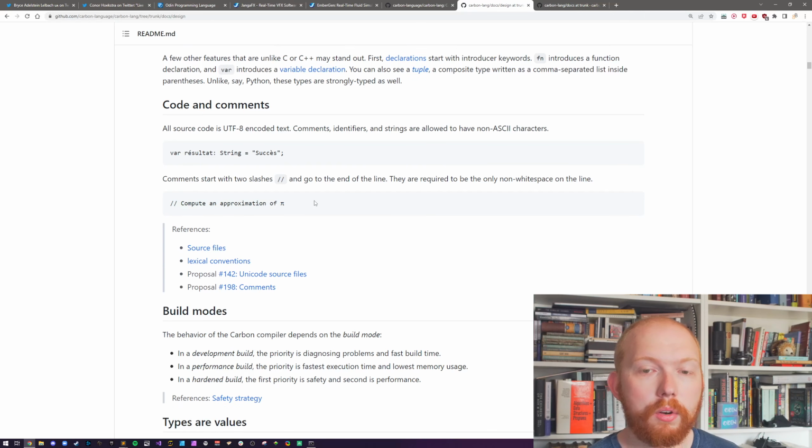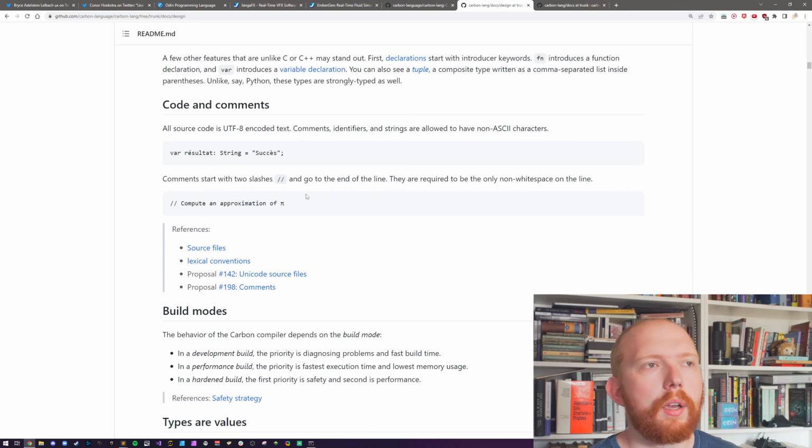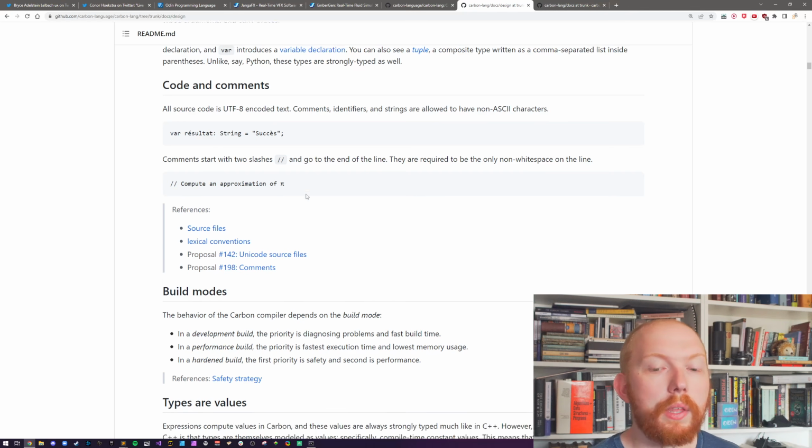Interestingly, they've only gone for single line comments. They're not allowing multiple line comments, but maybe they change that in the future. Maybe they don't want to. It's up to their choice. I do like multiple line comments for certain things, especially for documentation, like here's a big documentation block about a certain thing. But otherwise, single line I default to anyway. So let's see how they go from there.